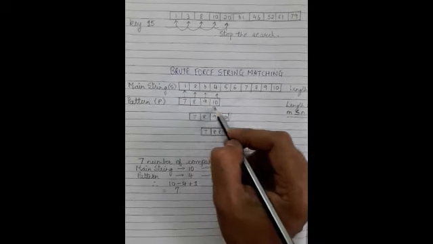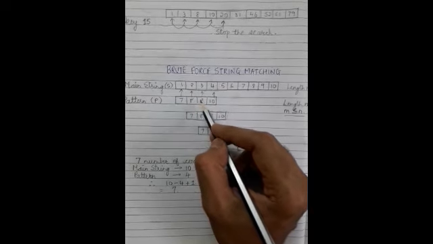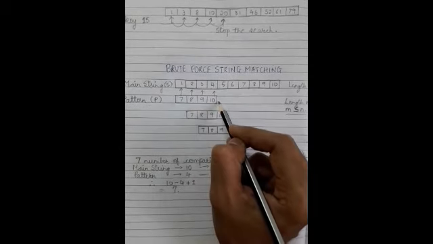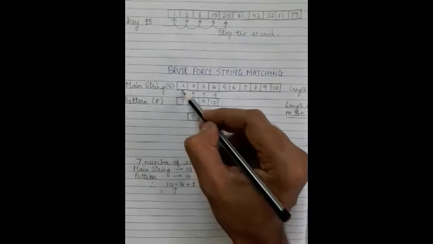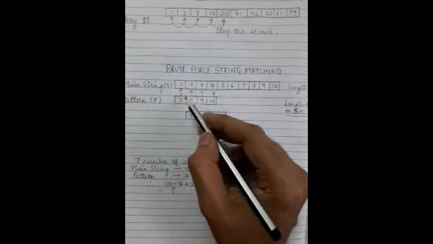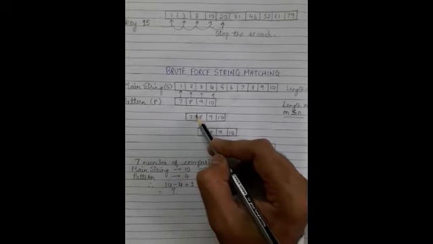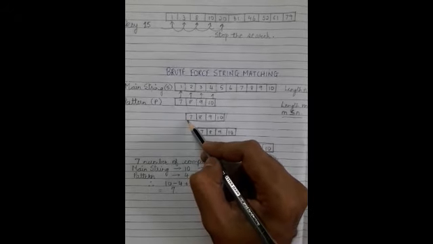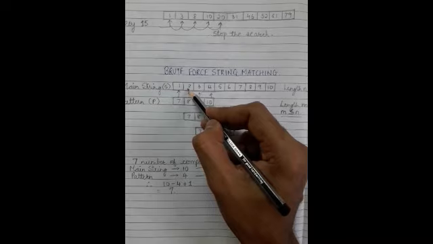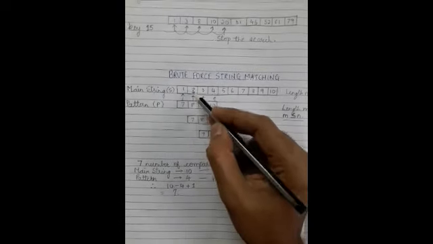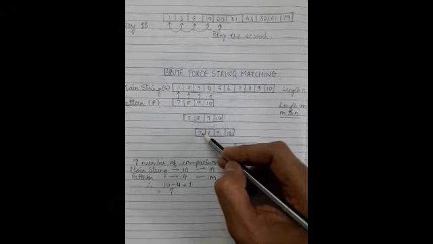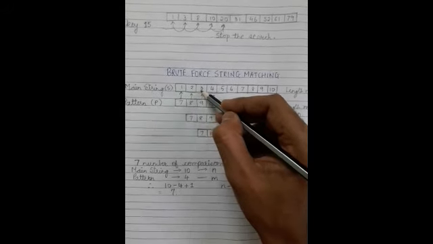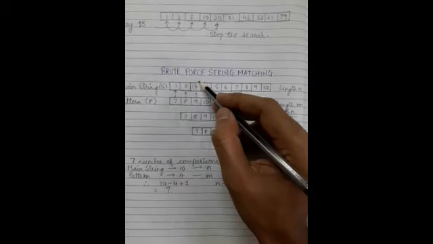So here in the first pass you can see the pattern 7, 8, 9, 10. I want to match it in this particular main string. This pattern is placed from the first position. So it will check 7 and 1, they don't match. We have found a mismatch at the first position itself. Then the algorithm will shift that pattern by one position. So again it will match 7 and 2. There is a mismatch right in the first position itself, so it will shift. Again the same thing, it will match 7 and 3. It's a mismatch, so it will shift again to the next position.